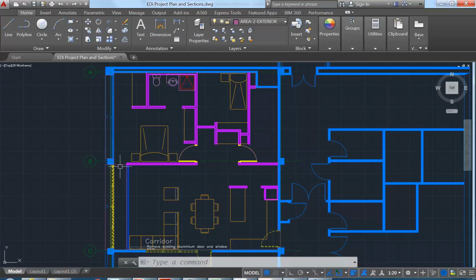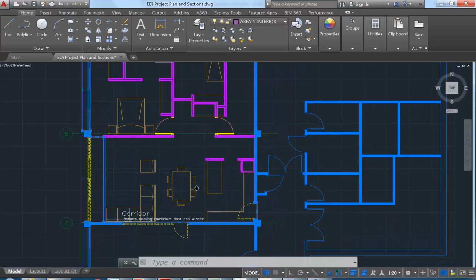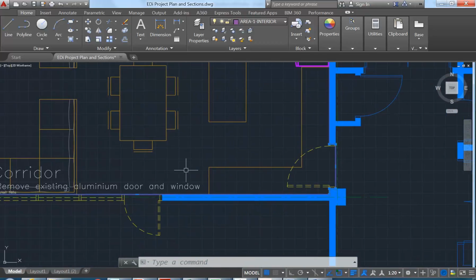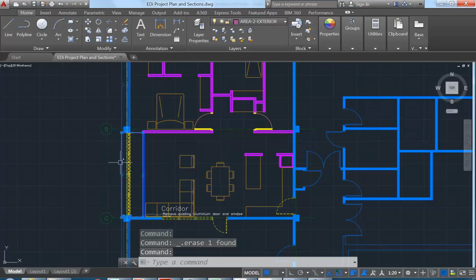To do areas in AutoCAD, it's often easiest just to draw a polyline, and I've drawn a couple there to give you an idea. I've drawn one here that's got all of the interior space. In this case, we've got these existing walls which aren't going to be rebuilt, obviously, so we're retaining those, and all of the new construction is going to take place within that area. But I have included areas that are going to be demolished. Actually, I should have included this, so I'll draw that again. And then I've done another one for the outdoor space as well,